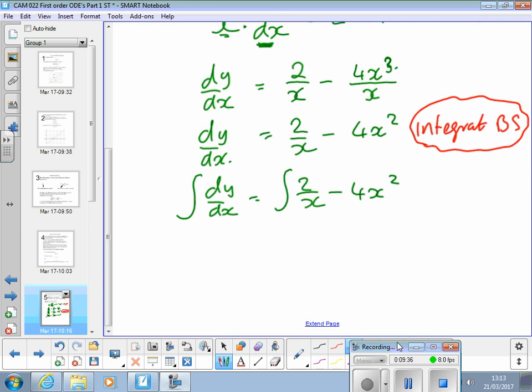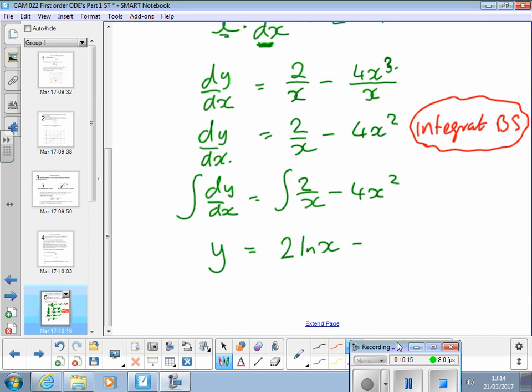What does integrating this side do? And then what's the result of integrating 2 over x? 2 ln x